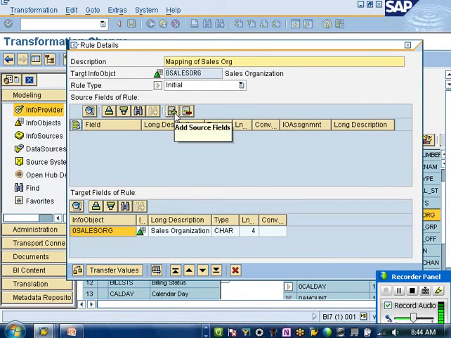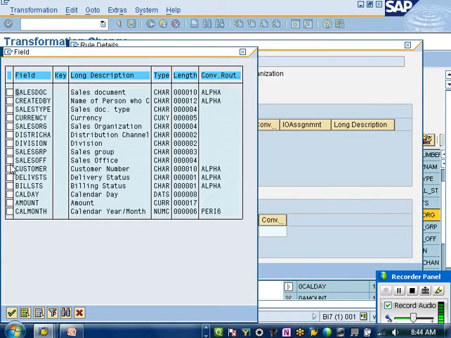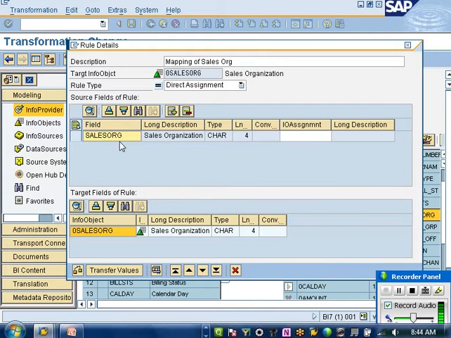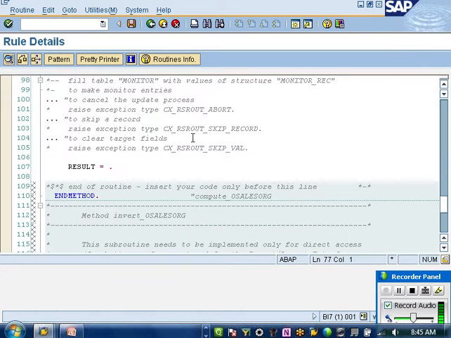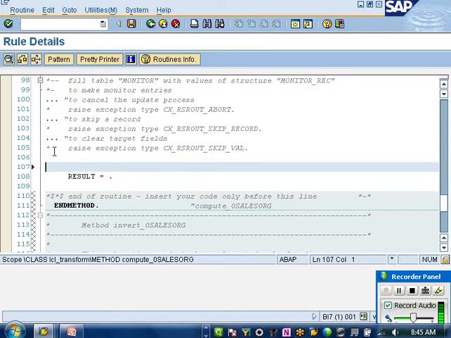What is the source field I use in writing routine? Sales org. So the incoming source field, the sales org, I'm going to use, and apply the select statement, and then get the result and put that into my value. So drop down, selected what? Routine. I'm going to write a select statement here. Select single. What is that you want to select from this database table?